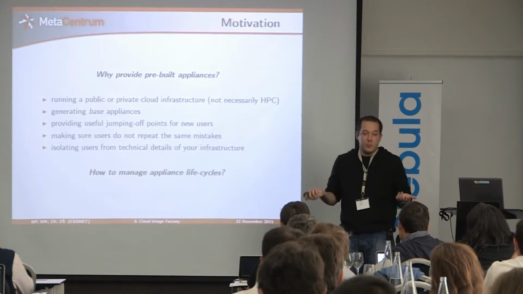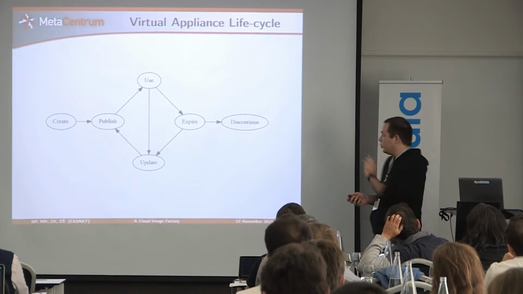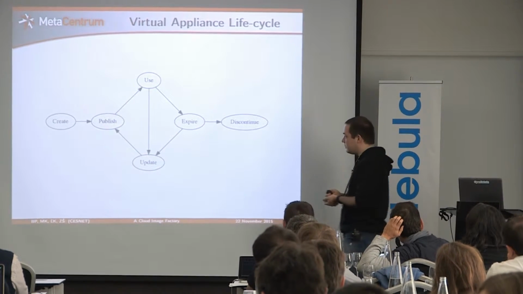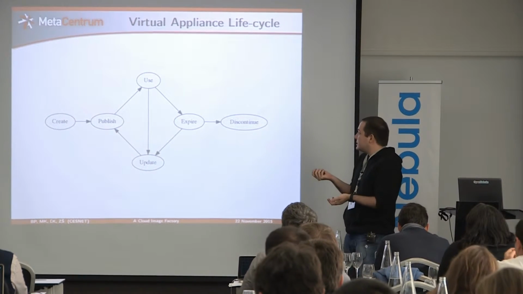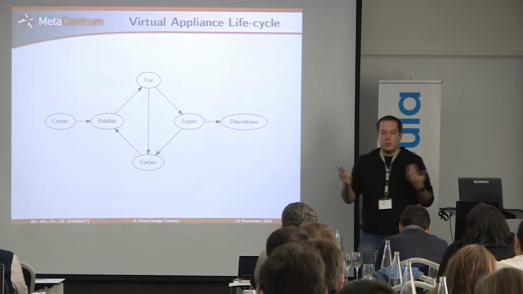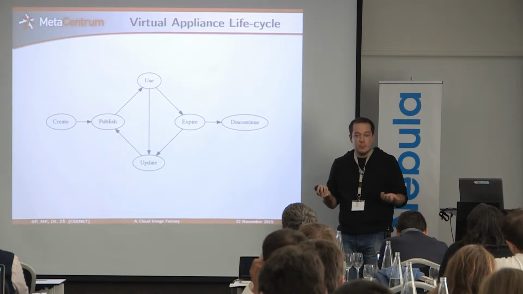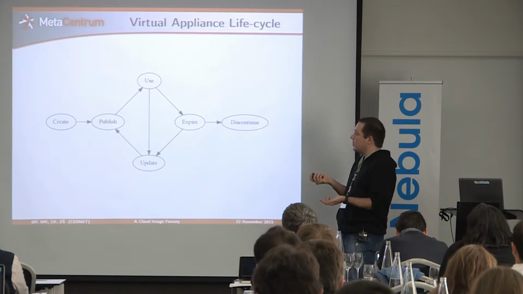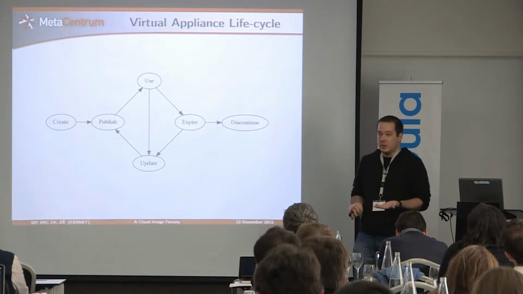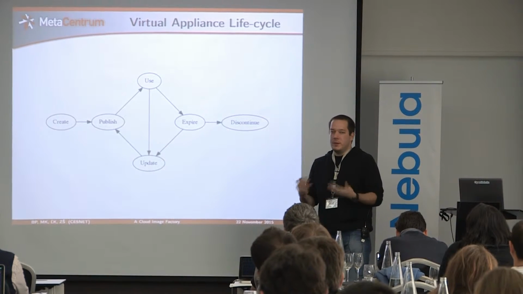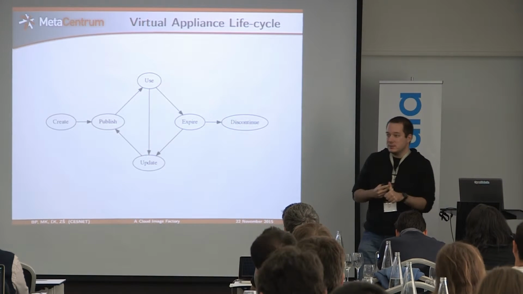But since we have pre-built appliances, we have to manage their lifecycle. This is a very crude diagram of what the virtual appliance lifecycle looks like. As you would expect, you have to create it, then you publish it, and it lives in your OpenNebula. Users hopefully use it, then you can update it, publish it again, they will use it again, or it will expire, which is always a good choice because you shouldn't have these base images uploaded indefinitely for various reasons,